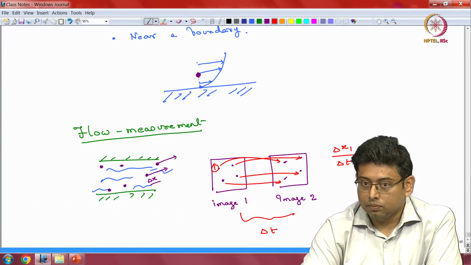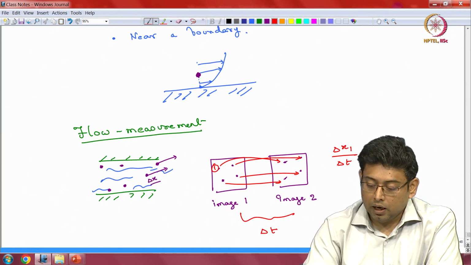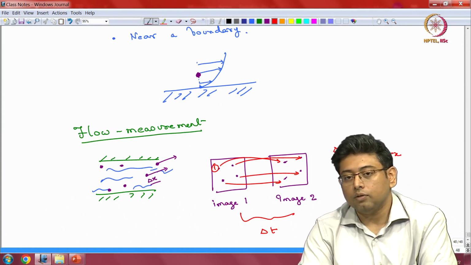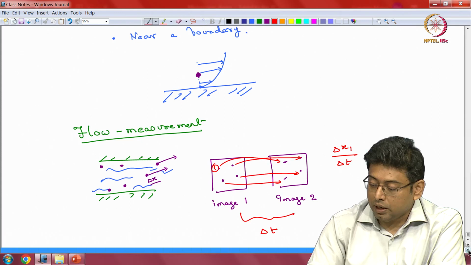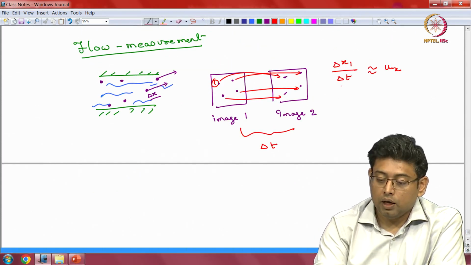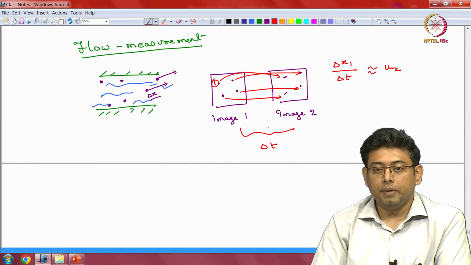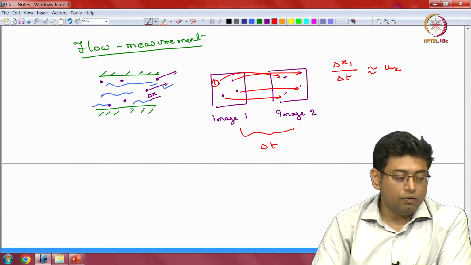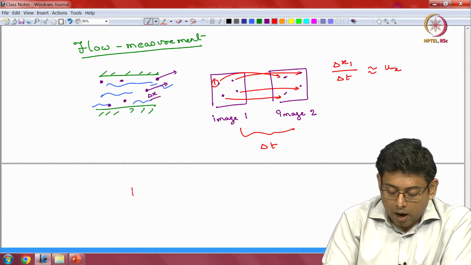and then what you do with this velocity is you are able to get some idea of the local fluid flow. Now this idea is a very simplistic and very intuitive idea. This idea of using this kind of a correspondence between particles in different images and using it to calculate local velocities is also known as particle tracking velocimetry. So particle